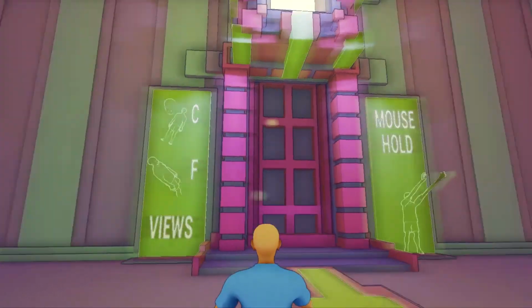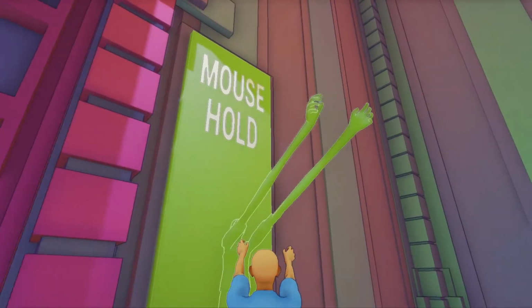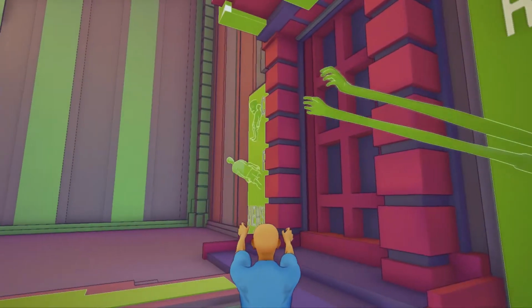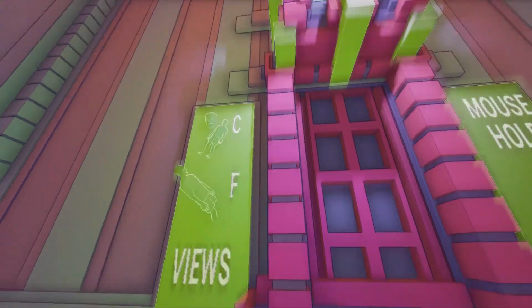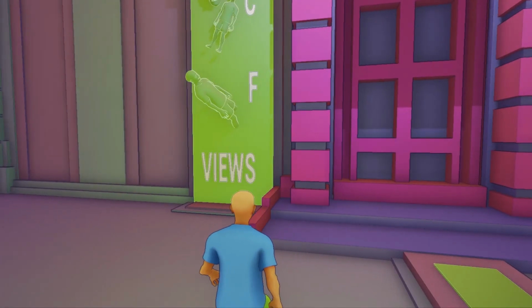So our mission is to use mouse buttons to reach our hands out. And I do like this way of showing you how that works with the green models. And then you've got C to change the perspective, and then F so that you can...